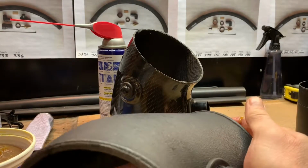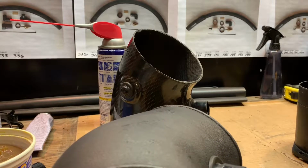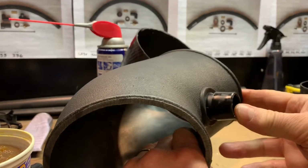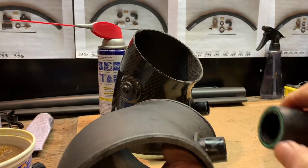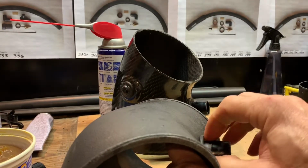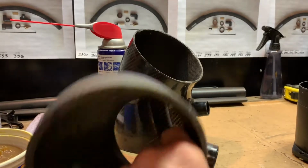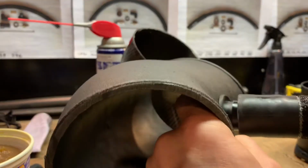So once that's done, what you're going to want to do at this point is actually install the sound tube, because once this gets installed, you're going to try to push the sound tube on. This is going to push back in, and you won't be able to get the edges of the sound tube to come over and seal tightly against the grommet and get over the barb edge here, which actually keeps it nice and snug. So you're going to hold it with your hand on the inside here like this, and then you just simply work it on,